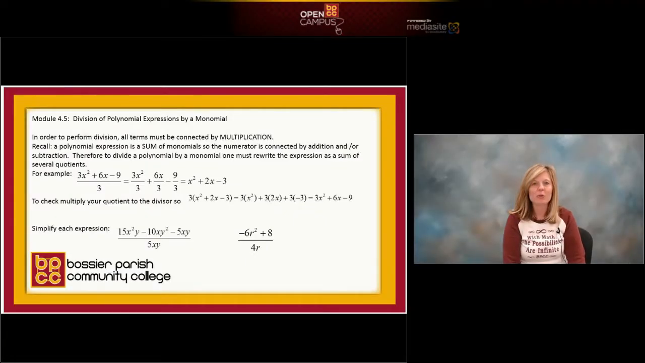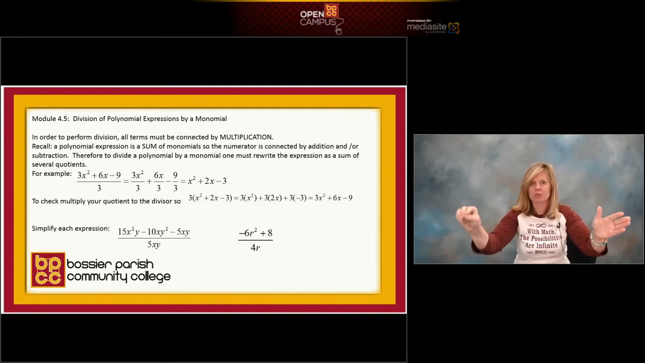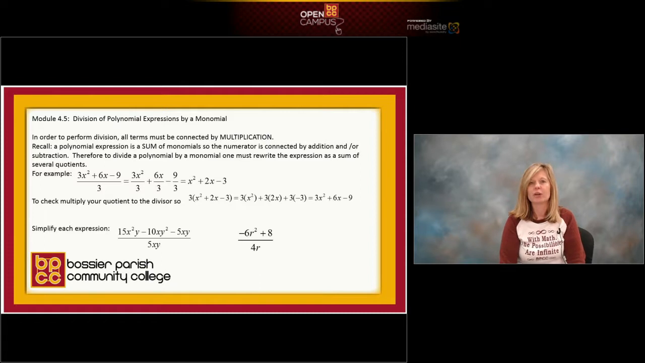All right, everybody, we're ready to get to the last module, 4.5, and we're ready to divide a polynomial expression by a monomial. So let's think, what does polynomial mean? Polynomial means many monomials connected by addition and subtraction. And we're going to divide that polynomial by a one term, a monomial. So if you look at your slide, we're going to start with 3x squared plus 6x minus 9 divided by